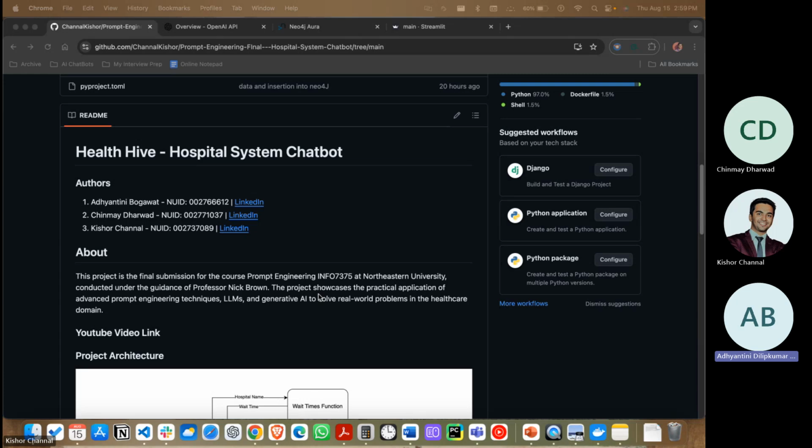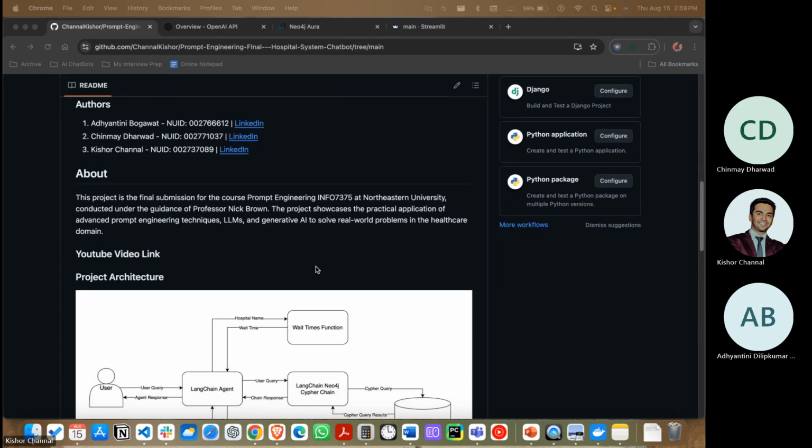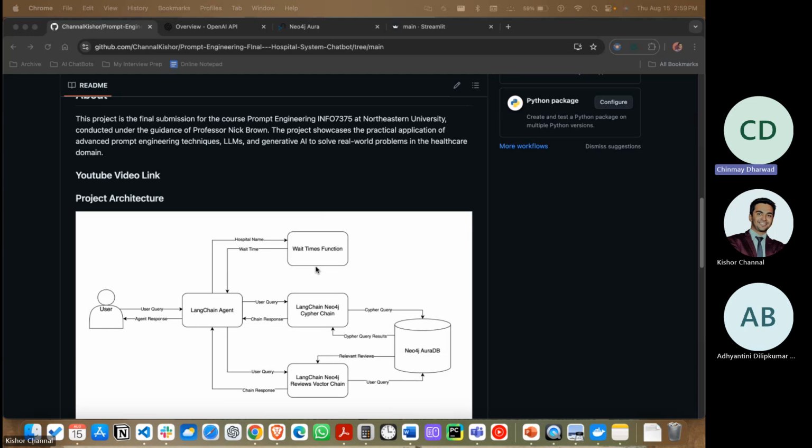The idea behind this was to empower stakeholders with reliable data insights, and facilitate strategic planning and resource allocation, ultimately enhancing the hospital's performance. So in this video we will be demonstrating how we have achieved these objectives with certain queries. So moving on to the project